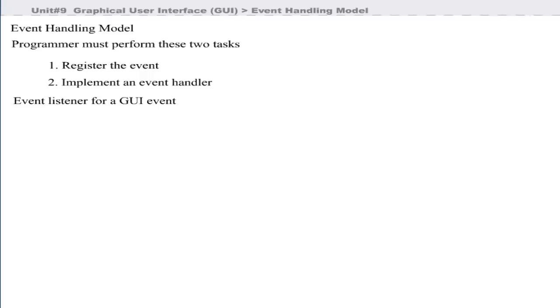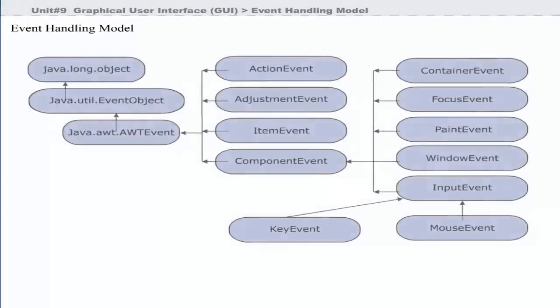An event listener for a GUI event is an object of a class that implements event listener interfaces from the package java.awt.event and package javax.swing.event. Java defines classes and interfaces for handling events. These are shown in this picture. The java.lang.Object class is at the top of the hierarchy, and its subclasses are EventObject and